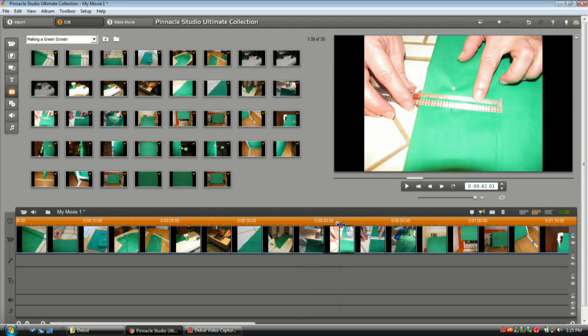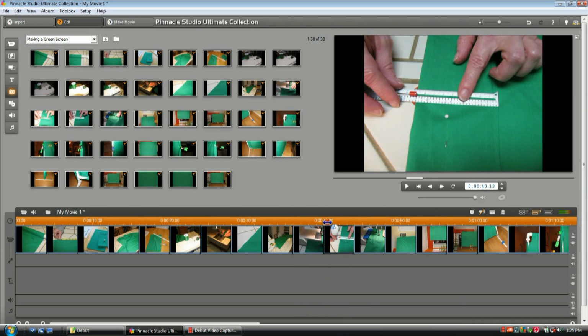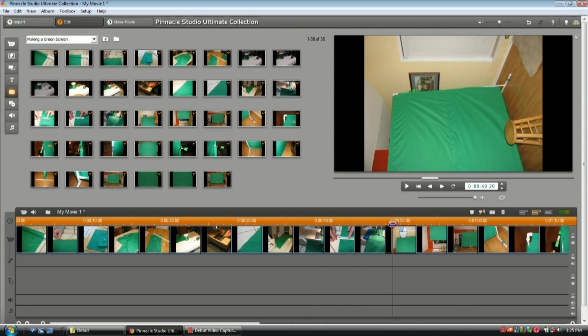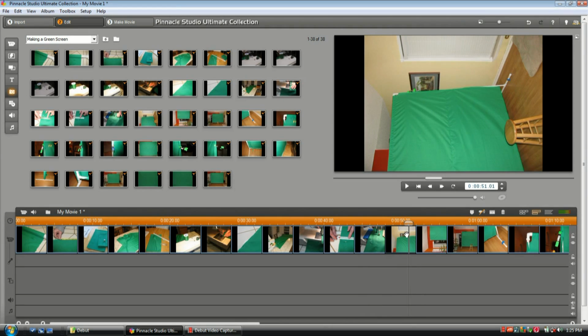Here's another one with too much flash, so we're simply going to right click on it and delete it. And now we're going to move on, and oh, what is this right here? We got two that are sideways. So what we're going to do is double click left, and we're going to open up the